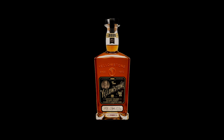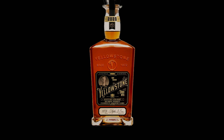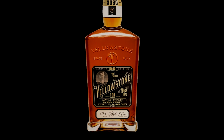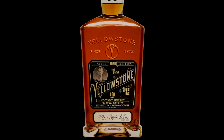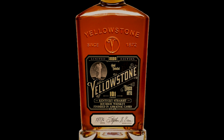Then we have the Yellowstone Limited Edition Kentucky Straight Bourbon and has the same mash bill as the previous one, 75% corn, 13% rye, and 12% malted barley. This one is finished in Amarone cask, and it comes at 101 proof or 50.5 ABV, and it retails for